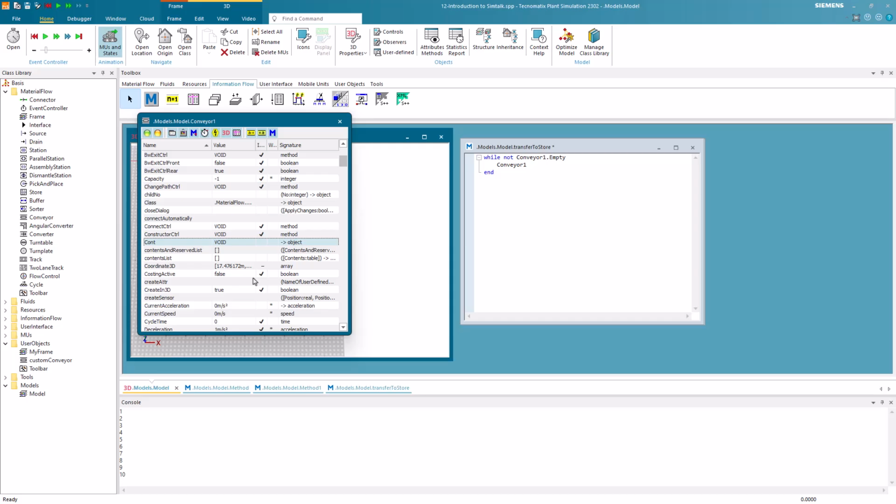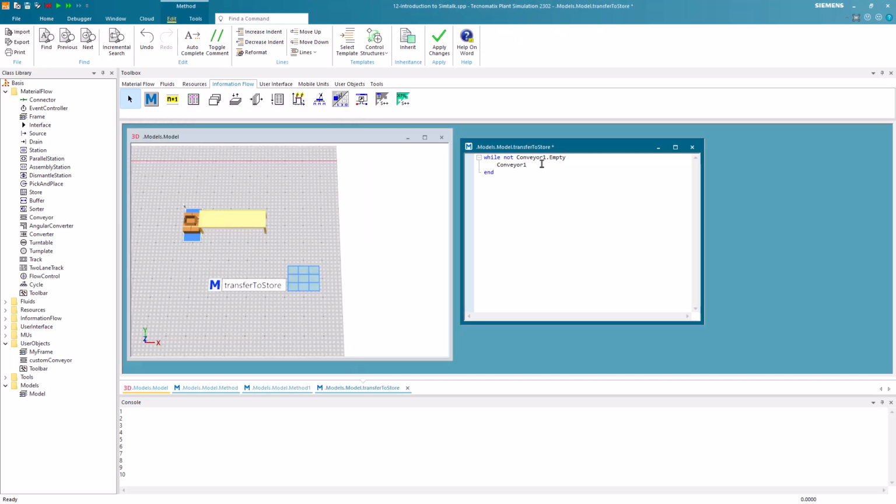This attribute returns an object. To be more specific, if you use this attribute, you will get the object that is the closest one to the exit of the conveyor. This can be a part, a container, or any other object. In our specific case, we will get the part that is on the conveyor. So after conveyor, we insert a dot and then cont.